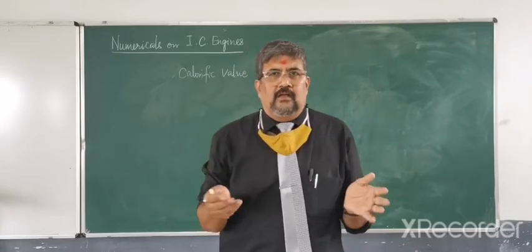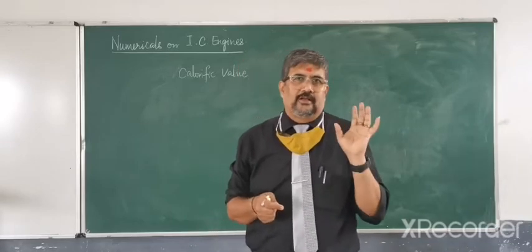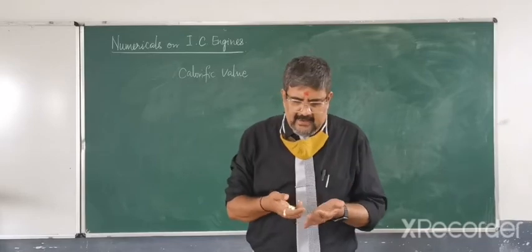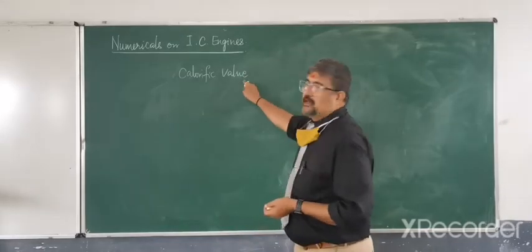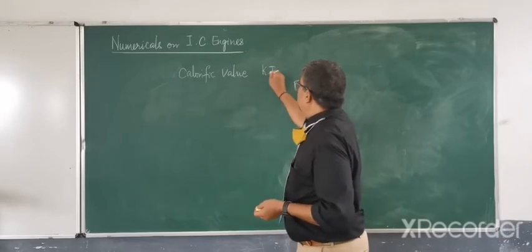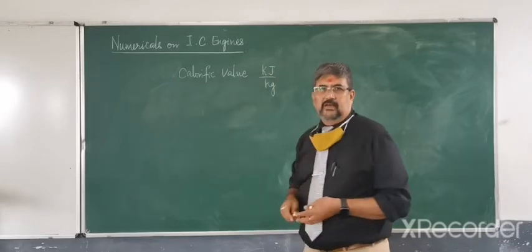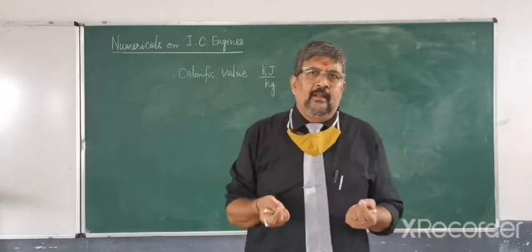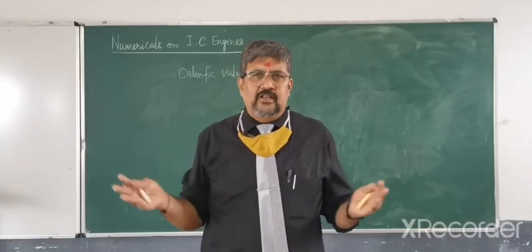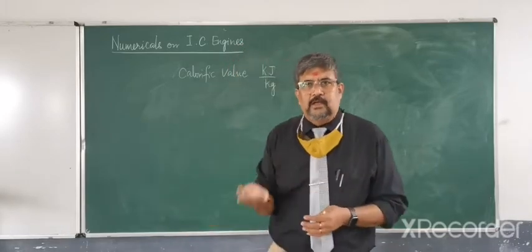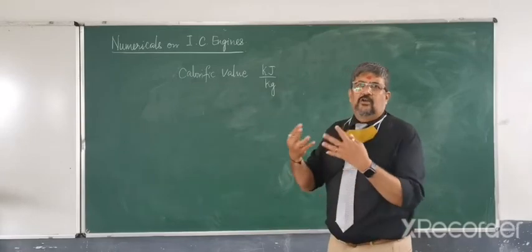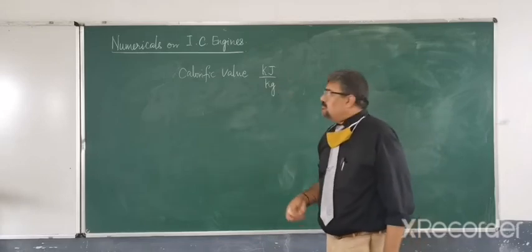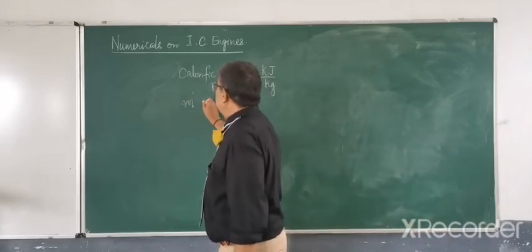It is quite obvious that petrol will release more energy. That is defined as the calorific value of the fuel, and normally the units for calorific value will be kilojoules per kg, or it can be joules per gram. If you are taking only 1 gram, not much energy will be released, so you can write it as joules per gram. But since we are talking about a large amount of fuel being consumed, we write it as kilojoules per kg, and M will be the